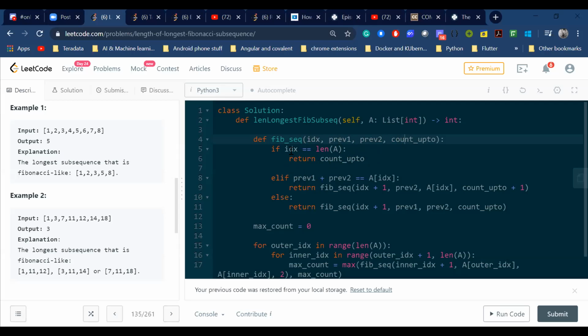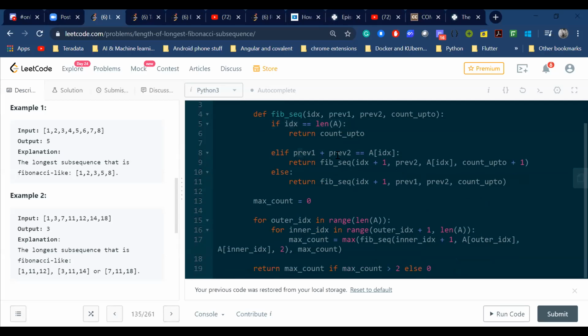So first I'll recursively call until my index reaches the length of the array. Then I'll check the condition: whether the present index element can be added into the sequence. So we have the previous two elements. If the present element is equal to the sum of both elements, then I will call the next index with the counter incremented.